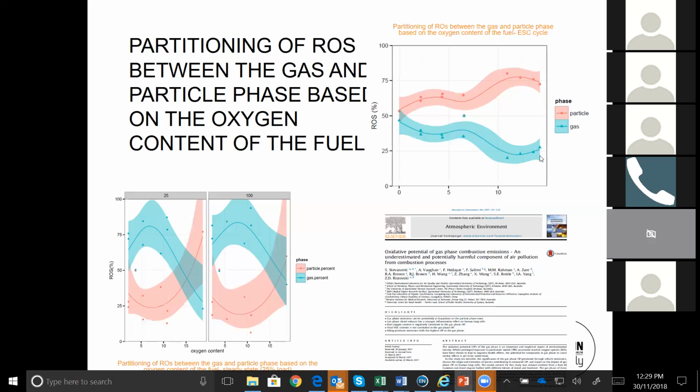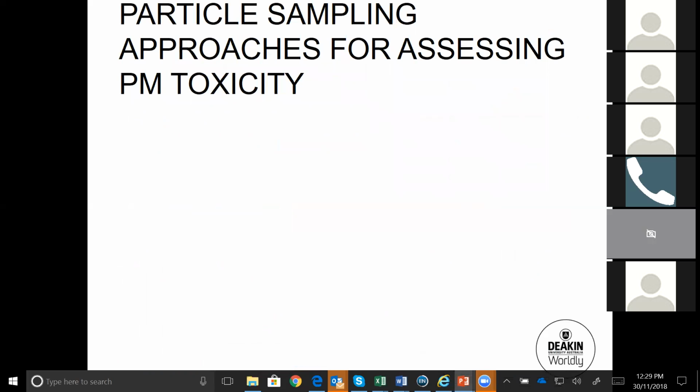This would be nice information to be used once new fuels are being introduced, or if we control the composition of the waste that we burn and use for future energy generation purposes. So if we use more oxygenated fuels, we are actually going to decrease the VOC toxicity, and by using filters and catalysts, we can even further oxidize these particles and remove them from the stream. So that may be one of the solutions for regulation.